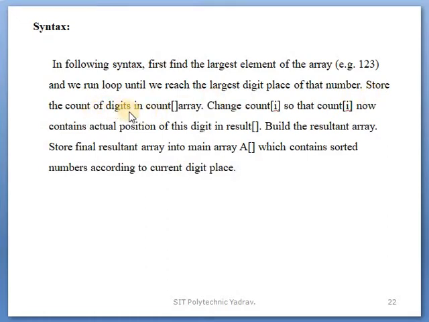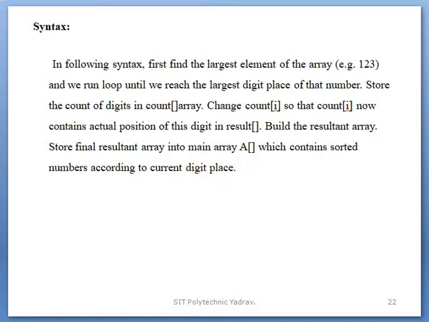Store the count of digits in the count array, change count of i so that count of i now contains the actual position of this digit in the result. Build the resultant array. Store the final resultant array into the main array A, which contains the numbers sorted according to the current digit place.